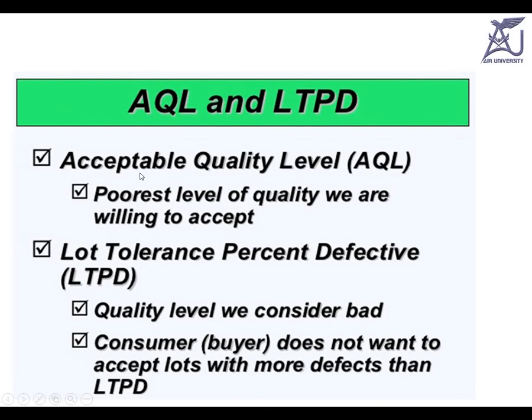As we discussed, AQL, accepted quality level, is the poorest level of quality we are willing to accept as per the contract, and this is the lot tolerance percent defective. This is the quality level we consider a bad one, but it is the last chance given to the producer, the worst scenario we can accept up to LTPD. This is the worst scenario, and this can be more than the AQL. So maybe you can set up a worst scenario line, that if something goes up to here, then we are going to reject the lot.